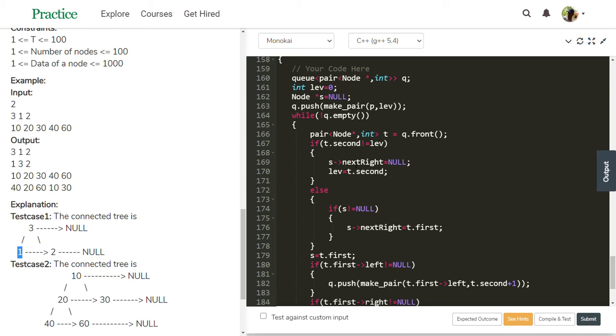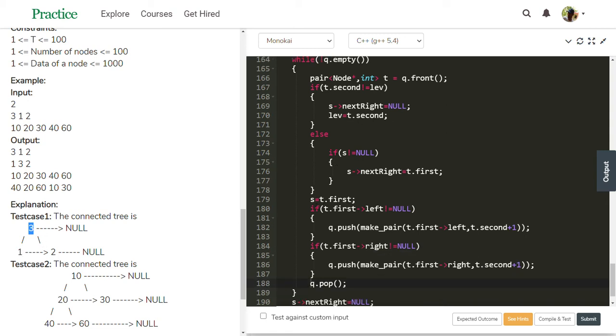Then S next right equal to null. S is pointing to 3, so 3's next right is null. So this is pointed to null now. Then level equal to t second. Level is 1 now. Then S equal to t first. S is pointing to 1.